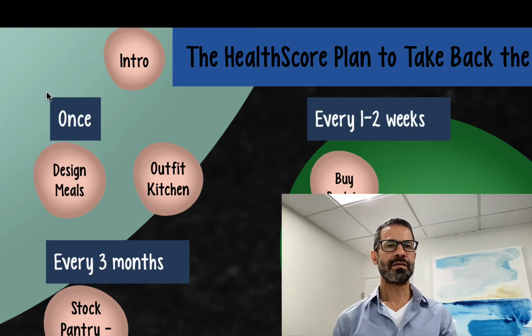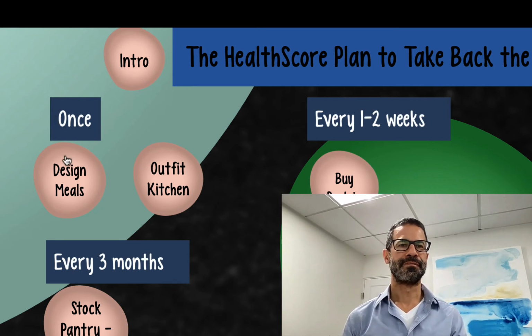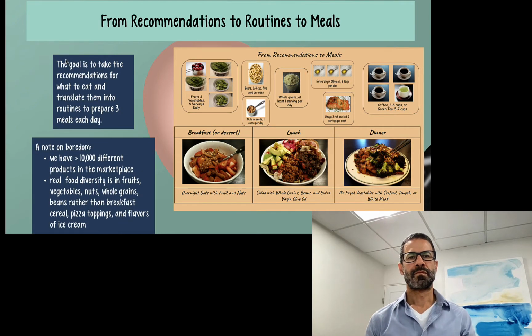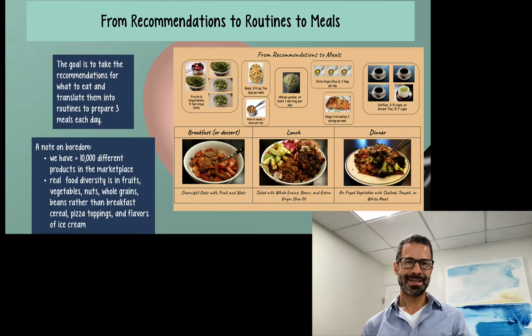We're starting with the things to do once. The things to do getting started with the health score plan. First is to design meals. The goal here is to take the recommendations for what to eat and translate them into routines to prepare 3